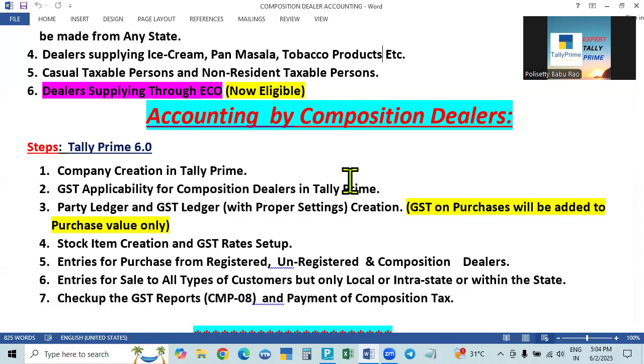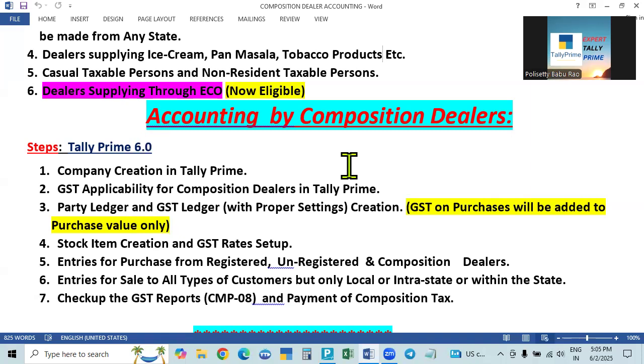The purchase price will not show only the taxable value. The purchase account ledger will show the total amount including the tax. For GST, we have to make a setting to add the tax to the purchase price. But everything else is the same. And when you are selling the goods, the composition dealer is